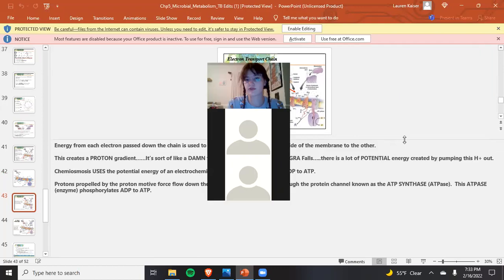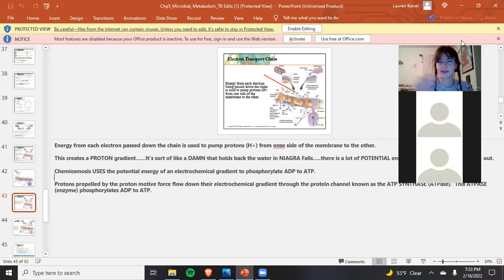So yeah, there's also this part of it. It says that there's a lot of potential energy created. So there is energy there, but it's not being used in a